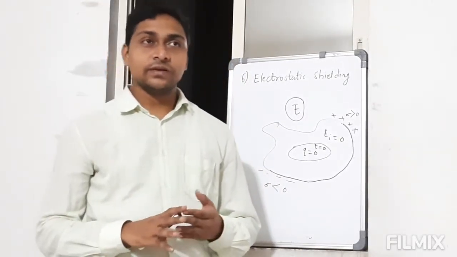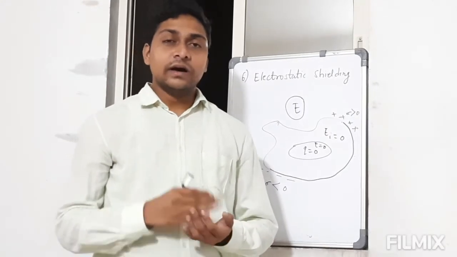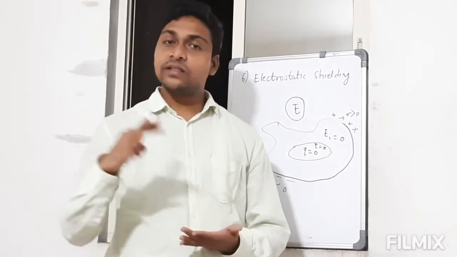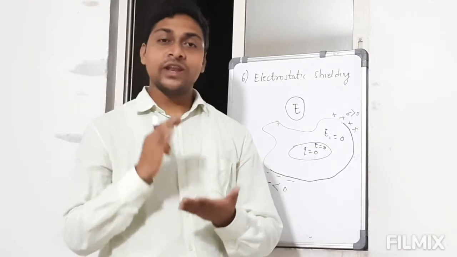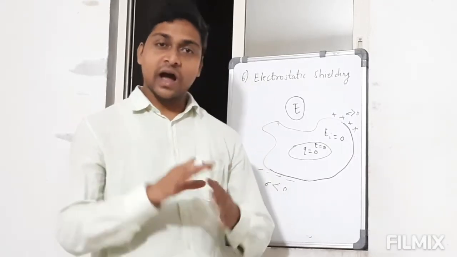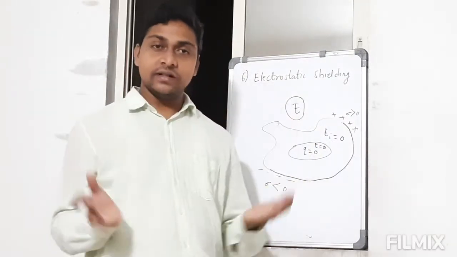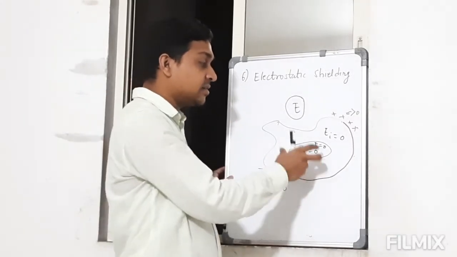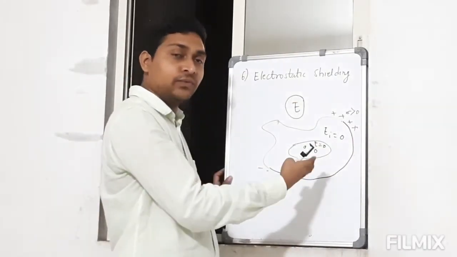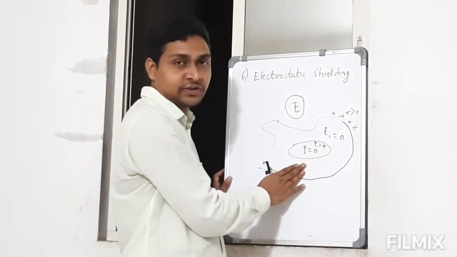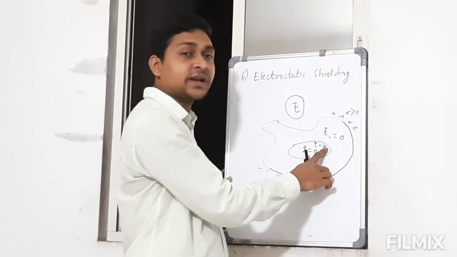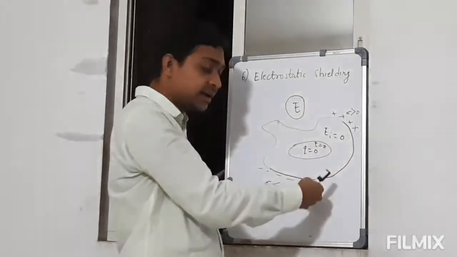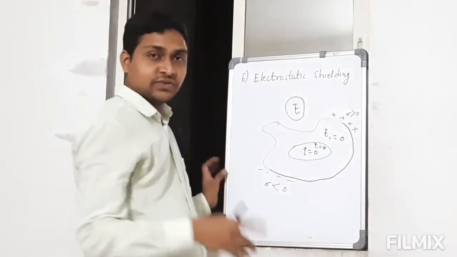Sometimes you may have heard that during lightning it is better to sit inside a car rather than below a tree. Whenever we are sitting in the car, the car is made of metal, so that metal acts as a conductor. When we are sitting inside a conductor, whatever the electric field outside, we are always safe from that electrostatic field, because inside the cavity the electrostatic field is 0 and charge is 0, so whatever lightning happens is easily grounded from the outside. This is your first use.